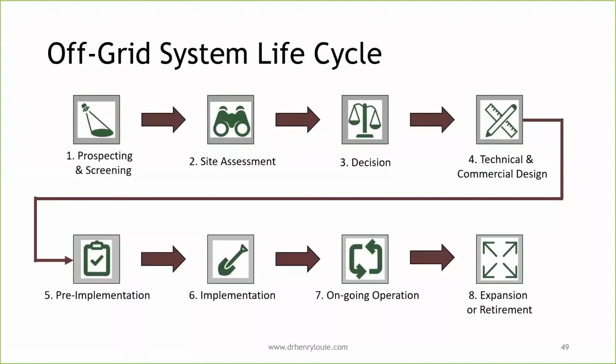Then you get into pre-implementation, where you're planning the logistics of the installation, you implement it, and then you have perhaps a long period of ongoing operation before you decide to maybe expand it or retire it. And if you're thinking about doing an off-grid system, you need to think hard about step 8 there, particularly the retirement part of it. So, the best practice is to save money, put money aside, and have it available then if the system needs to be decommissioned. So the batteries need to be removed, the solar panels and charge controllers need to be removed from site.